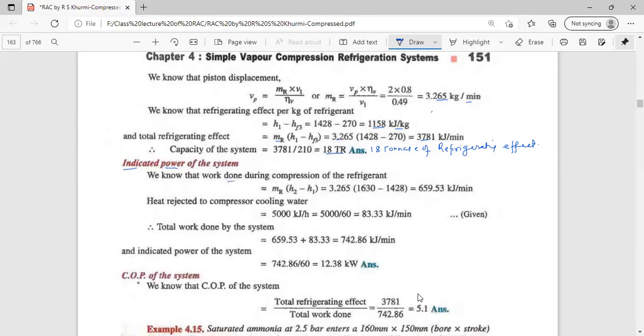Now, the work done during the compression of the refrigerant is the mass flow rate of the refrigerant, which is given, times H2 minus H1, the enthalpy at the outlet minus the enthalpy at the inlet itself. So mass flow multiplied by the enthalpy at outlet minus enthalpy at inlet, which we have calculated from the p-h graph. So it is 359.53 kilojoule per kg. Now heat rejected to the compressor cooling water